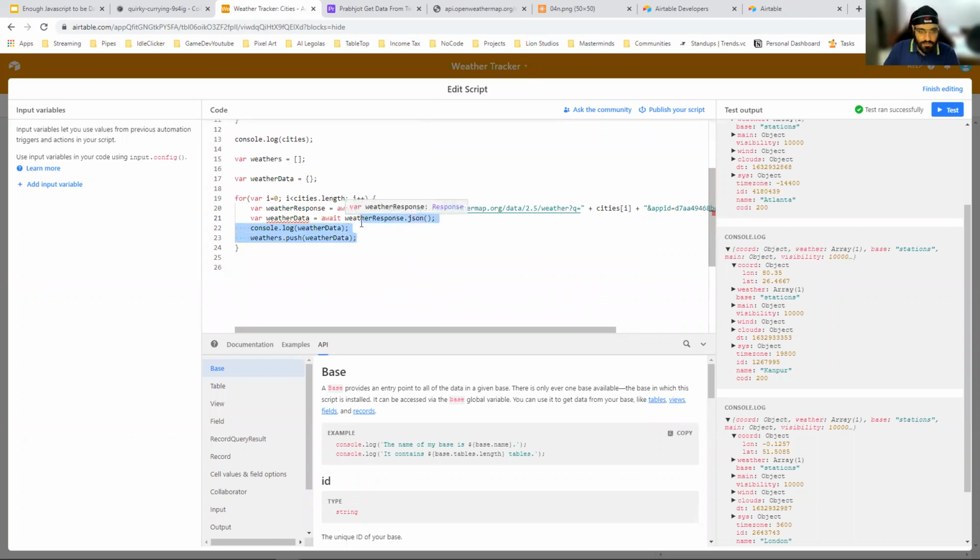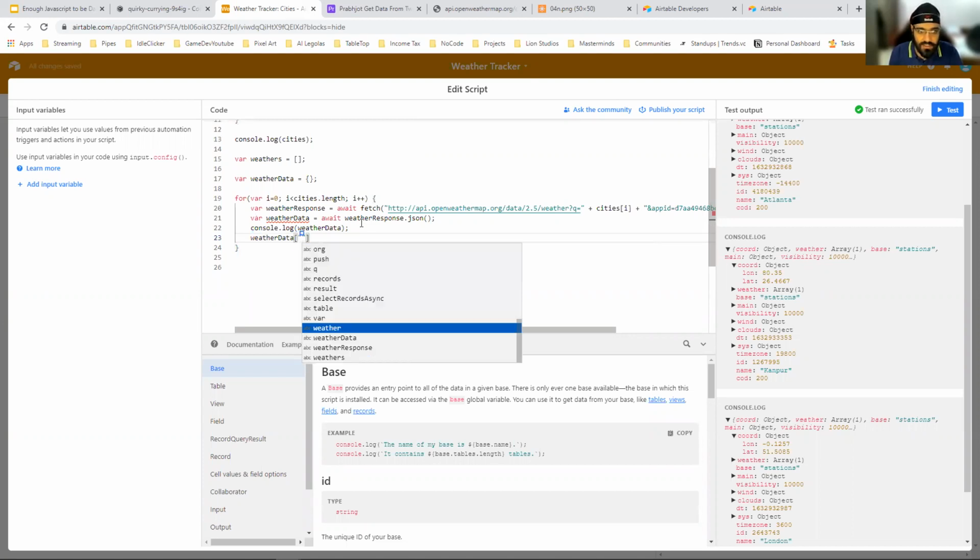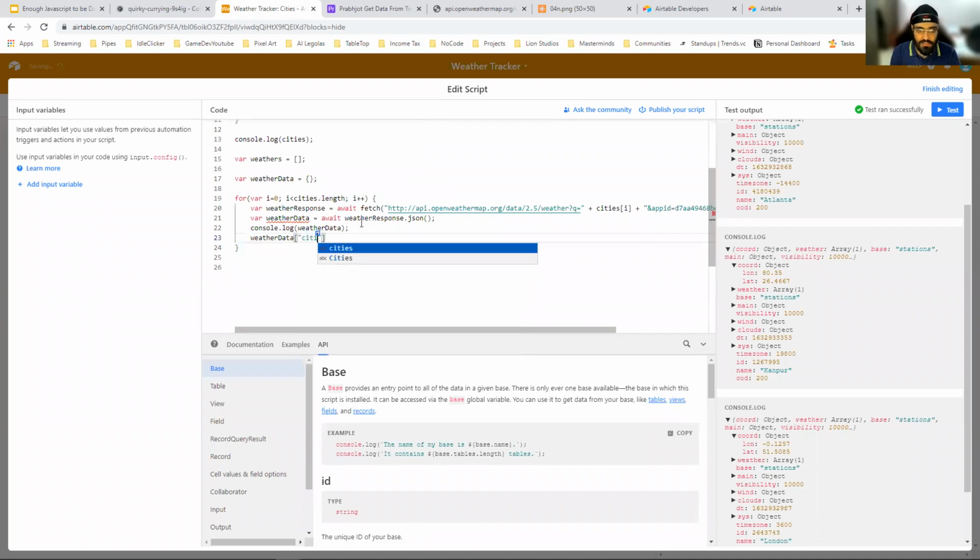Now what I want to do is show a different method of doing it. What you can say is weather data, and then you can create a key in that dictionary. The key in that dictionary will be the name of the city, right? So I'll say cities of i is equal to weatherData.